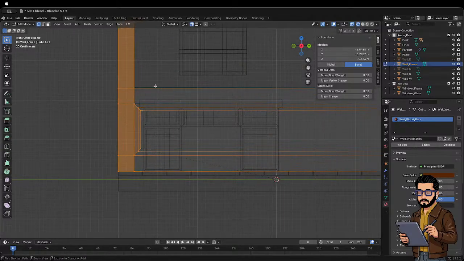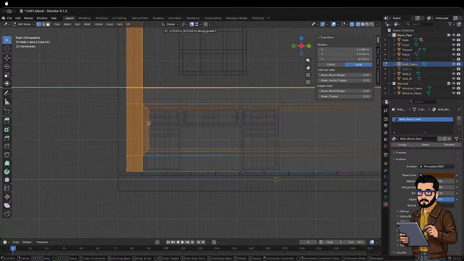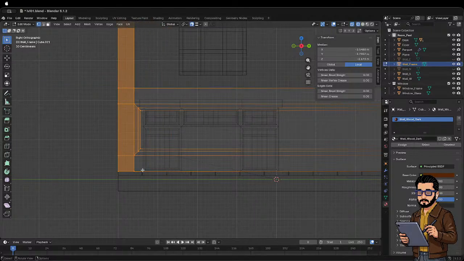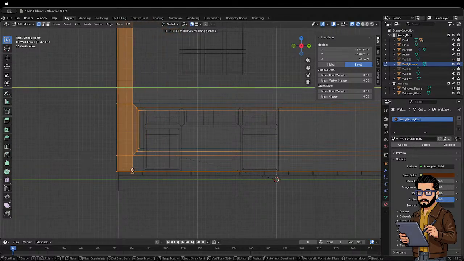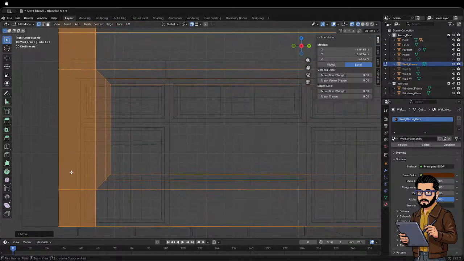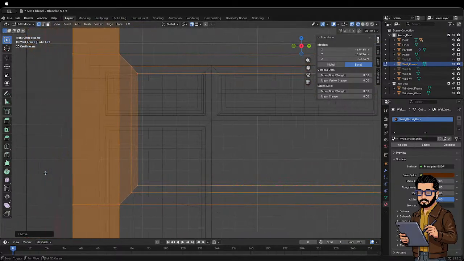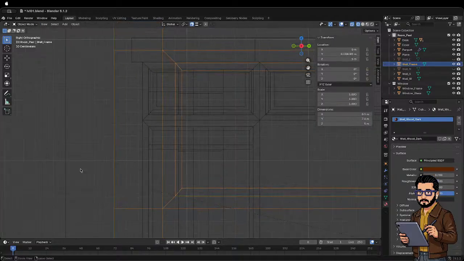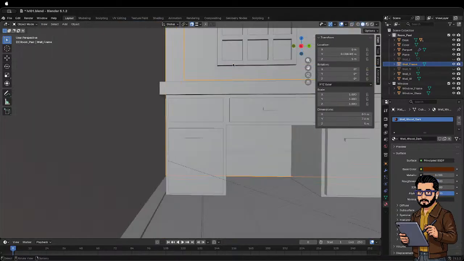I'm gonna enable snapping, and I wanna move it here, so it's gonna be here. It seems that it's not gonna work, but I will try to make it as close as possible to that wall. So if I go to the view,